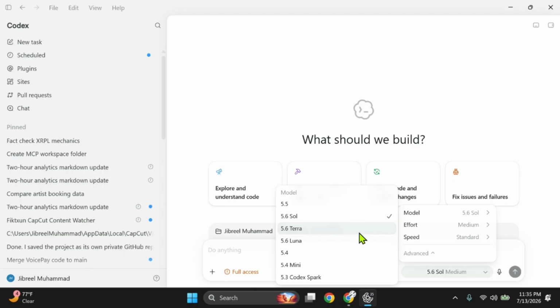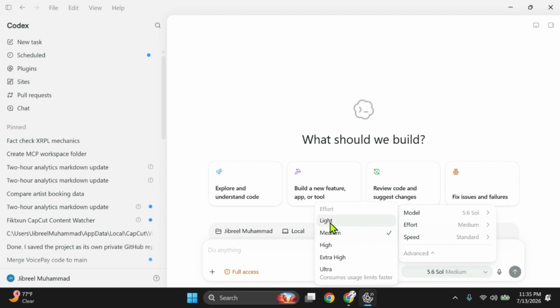If I say, "Hey, what's this?" it types and gives me a response really quickly. Soul is going to take its time. It's going to go through what you were talking about earlier called reasoning, where you see effort: light, medium, high, extra high, ultra. And then you also have speeds. How fast do you want this token to generate the text, or put it on your screen?